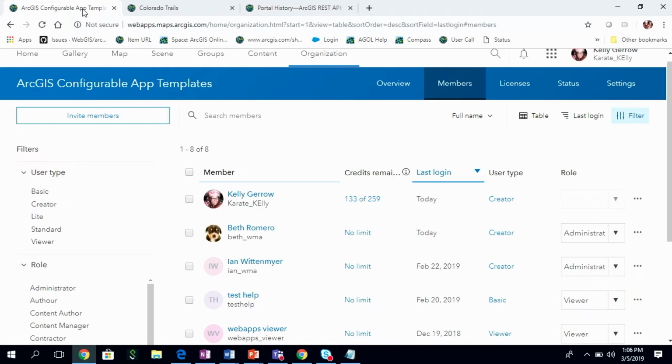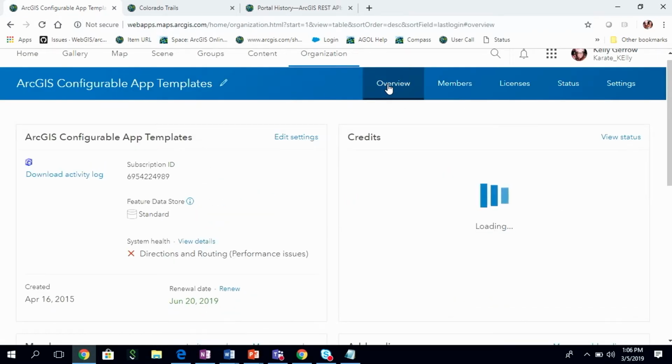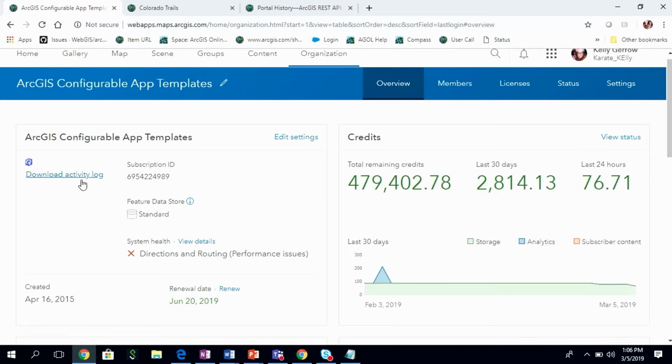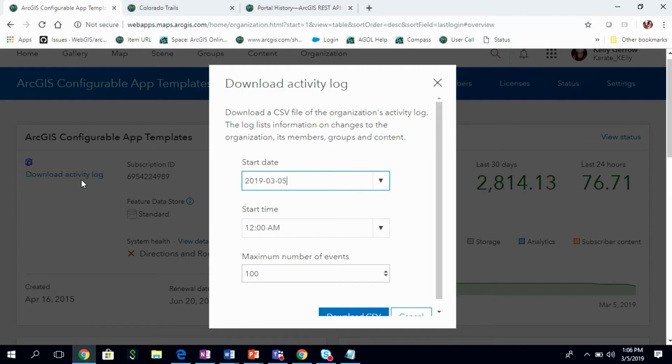We've got actors, so that's, hey, who's actually making a change to either an item or a user. There's a quick trick within ArcGIS Online that you can actually access a lot of this information through this download activity log. You can say a start date, and you can also state the maximum number of events, which gets up to 10,000. But with the REST API, what you can do is start querying specific date sets so that you can